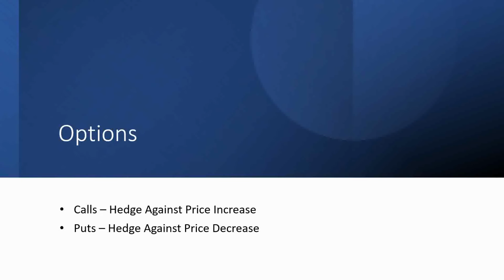Options are nothing but a kind of financial instrument that can help you hedge against any price fluctuations. Now, price fluctuations in what? Price fluctuations in an asset class that may happen in future. Why would the price fluctuation happen in an asset class in future? Well, it can happen because of any number of reasons.